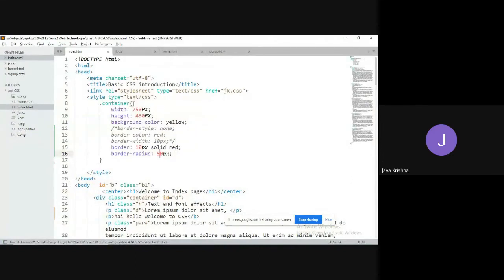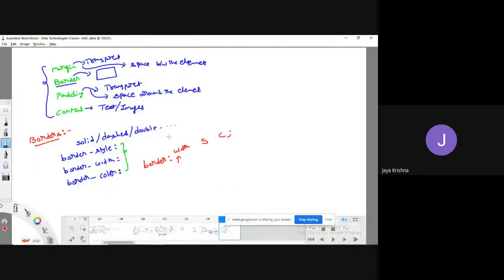One more thing I would like to stress. Every HTML element is in the form of a box model, like a box which has four sides: top, right, bottom, and left.